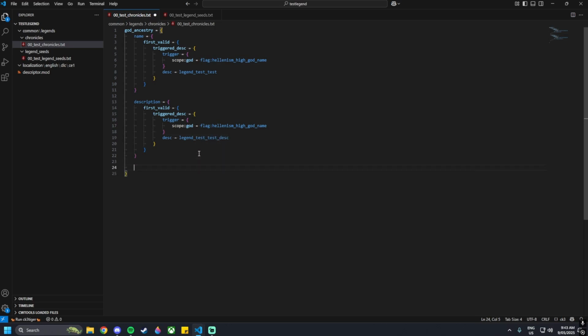Just before the closing bracket, we can go portrait_animation. This is adding in an animation for your character that you're currently playing while this legend is going. Personality zealous. Properties equals, so this is the properties of the chronicle, god = flag, and then we're going to add some chapters